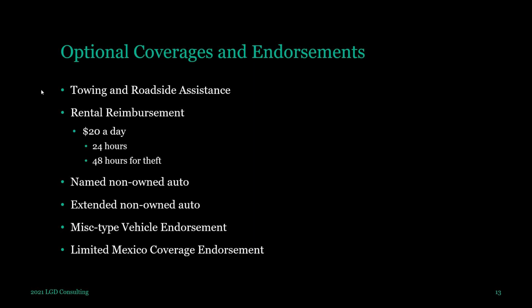Now, if you do get into an accident, your car's in the shop. Number one, we might tow it to the shop. But then do you need a rental car? Because if you get rental reimbursement, the standard limit on the test is $20 a day. You can always buy more. All right. But on the test, if someone needs a rental car, it'll pay how much? $20 a day. Okay, that's kind of what it goes with.